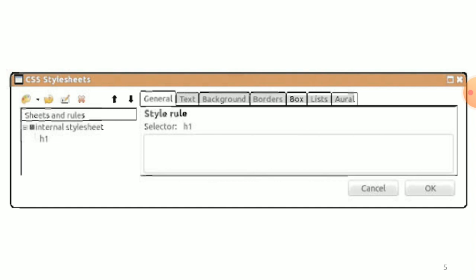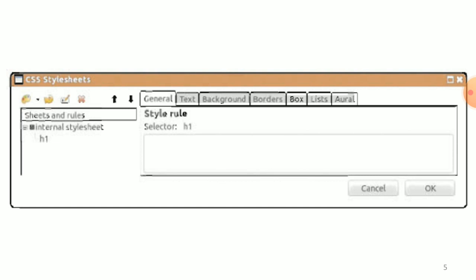In the figure, see the h1 element just below the heading Internal Style Sheets in the left side pane of the window. For each element we add, a style rule will appear in this list below the heading Internal Style Sheets.